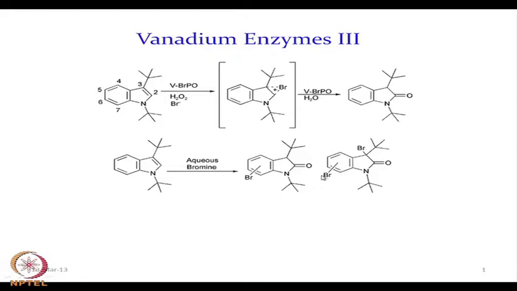So, we basically get multiple bromination reactions. We do not get any reaction where selectivity can be seen. This particular reaction with aqueous bromine is less selective, and we get multiple products, and the bromination for a particular region cannot be chosen. So, this direct reaction with aqueous bromine is not very useful compared to the corresponding bromination reaction using